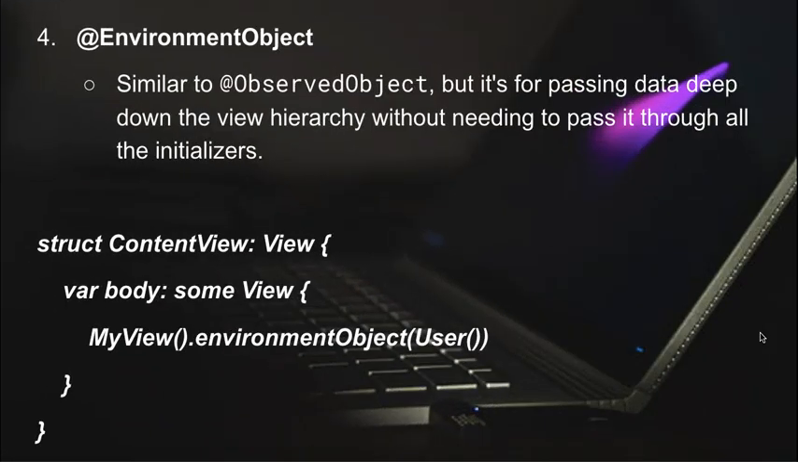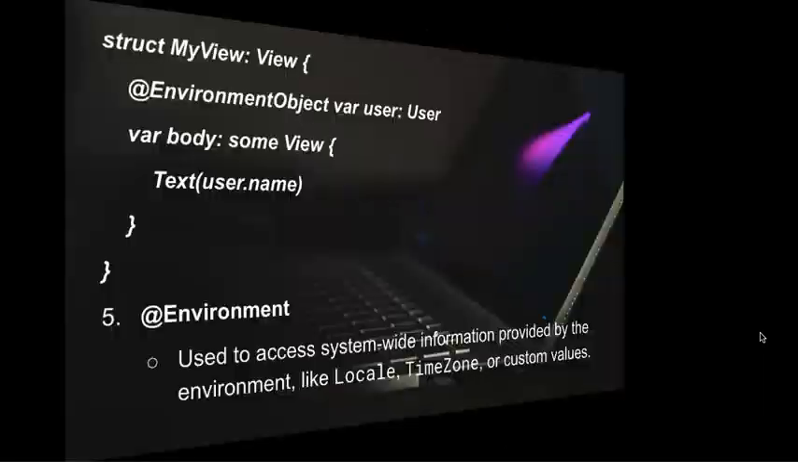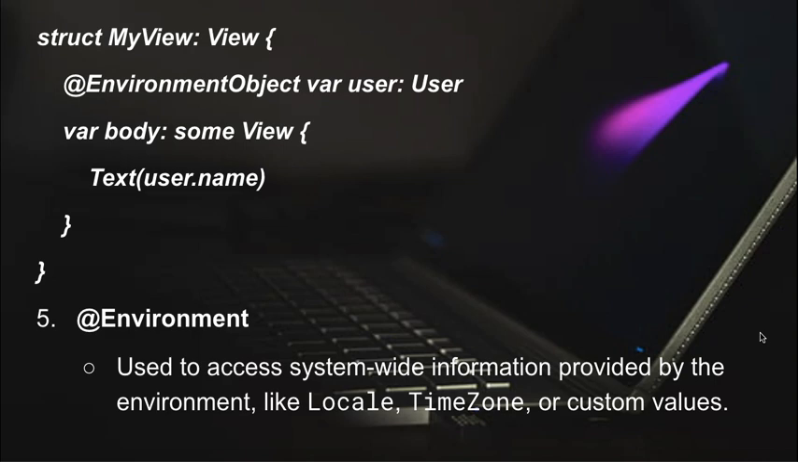Number four, @EnvironmentObject. Similar to ObservedObject, but it's for passing data deep down the view hierarchy without needing to pass it through all the initializers. struct ContentView: View { var body: some View { MyView().environmentObject(user) } } struct MyView: View { @EnvironmentObject var user: User var body: some View { Text(user.name) } }